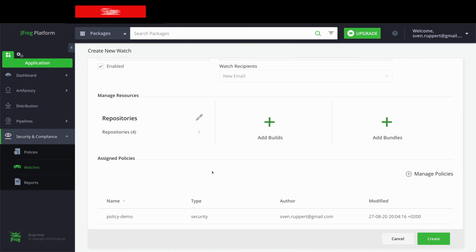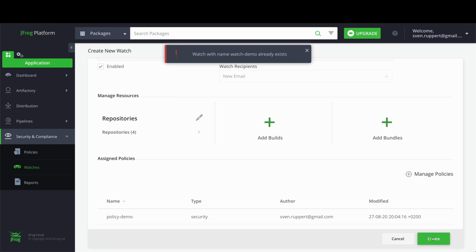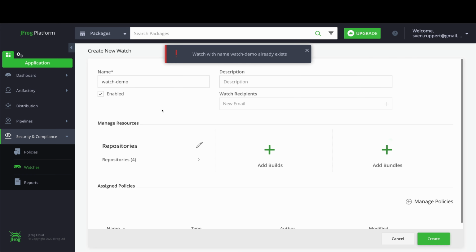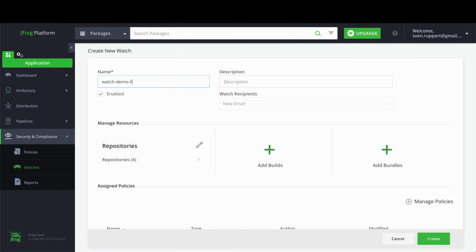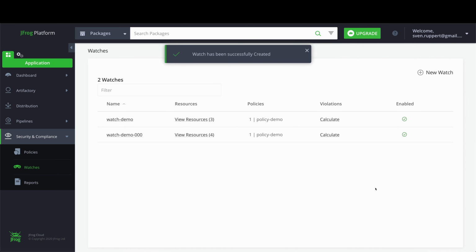Now we have everything. We have the resources, we have the policies, and we can create the watch. Oh, it already exists. Okay, let's see, a different name. So it must be unique. So great. If you have created this watch, the main thing is that it will take some time to calculate the violations, and this is based on CPU power and on the amount of binaries you are selecting for